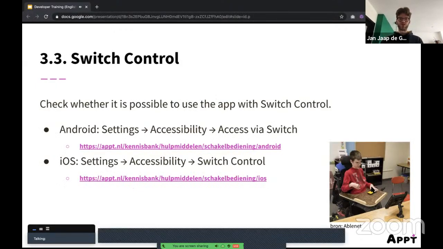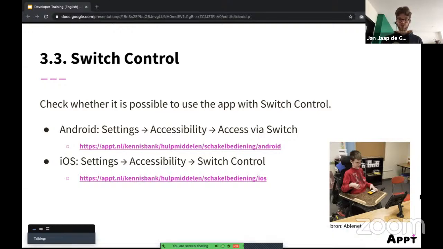As the video shows, it can be really slow to, for example, send an emoji, because you have to wait until the focus moves across the screen and then press the button. It's really slow. That's why, for example, your app should never have any time limits. Maybe you expect people to fill in a form in 1 minute, but if they use a switch control, it might take them 5 minutes because they have difficulty entering their details. So that's why apps and also websites try to avoid time limits for certain tasks.